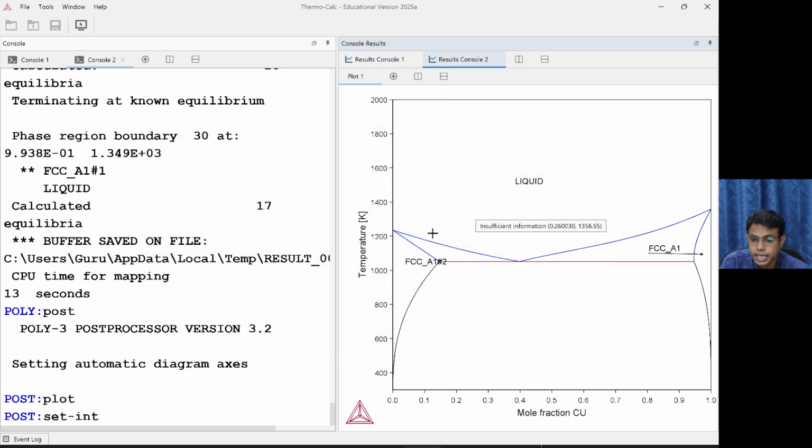Okay. So this diagram is reasonably the one that we have been looking for. The melting points are more or less reproduced correctly in the eutectic reaction. So we can compare this directly one-to-one with the experiments. Even here, we can create a file called .exp file, an experimental data file that can be appended to this diagram so that the experimental data points will be superimposed. And that will give you a lot of insight about what is going wrong, which data is not optimized well. That idea we can get and then go back to optimization again.